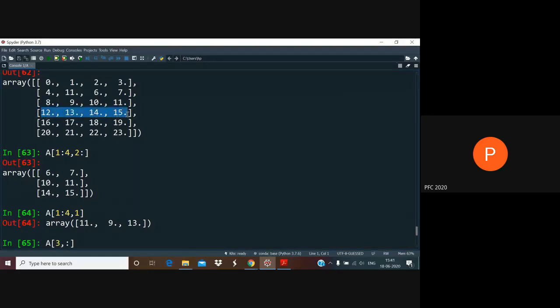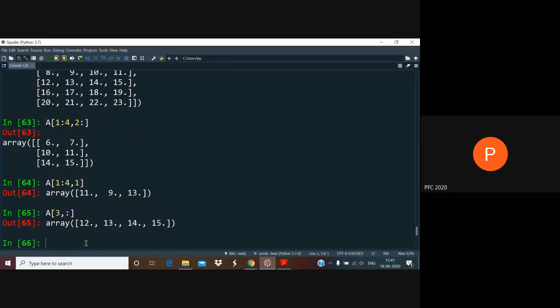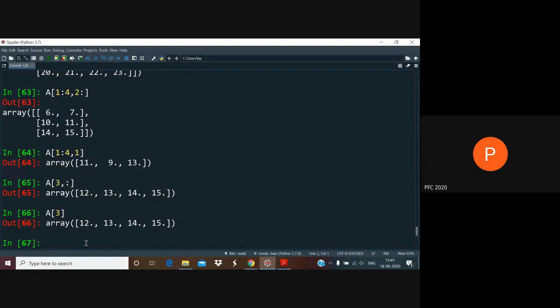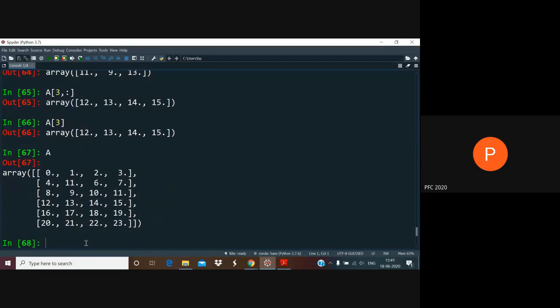I'm going to take all of them because the axis 1 index has not been specified. I'm taking all elements along axis 1, which of course is the same as just taking A3. So frankly, this slice seems to be a bit redundant. It just reminds you this is A, but what is useful is this.